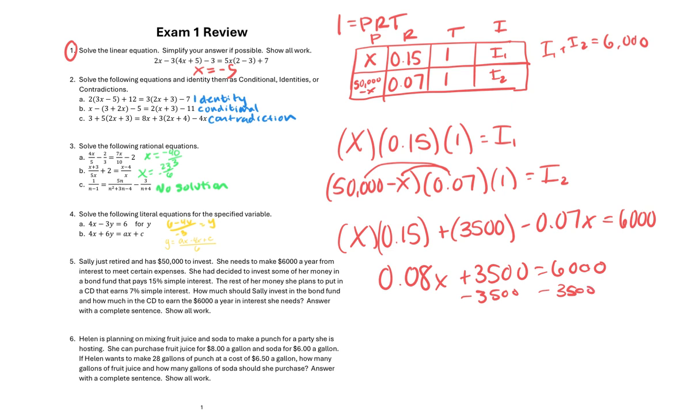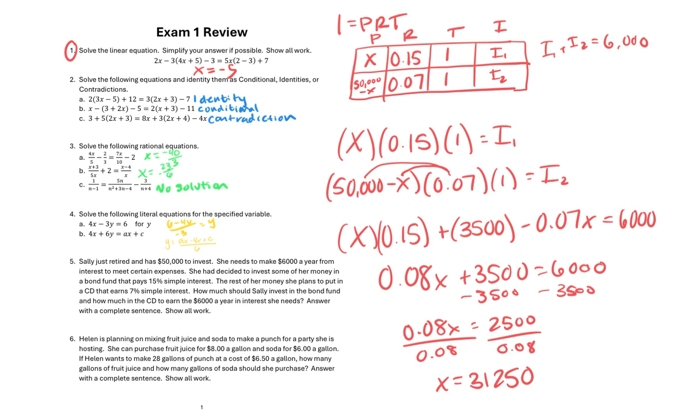So 6,000 minus 3,500 is 2,500, so we get 0.08x equals 2,500. If we divide by 0.08, we end up getting x is equal to 31,250. So this is how much money we want to invest in our first fund, which is our 15%,